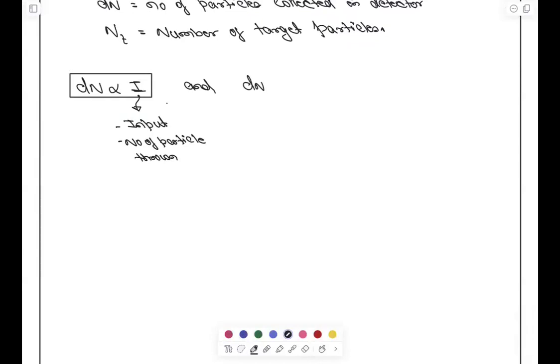नहीं, नंबर ऑफ टारगेट पार्टिकल है, नंबर ऑफ पार्टिकल थ्रोन। तो इंटेंसिटी नहीं ना? हाँ सर। इंटेंसिटी में तो टाइम और एरिया को फिक्स करो तो नंबर ऑफ पार्टिकल ही है जो थ्रोन हुआ, ठीक है।